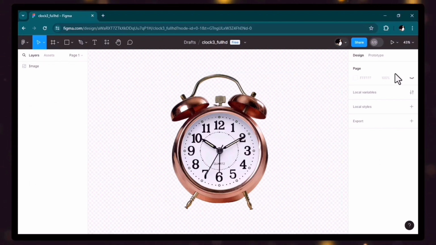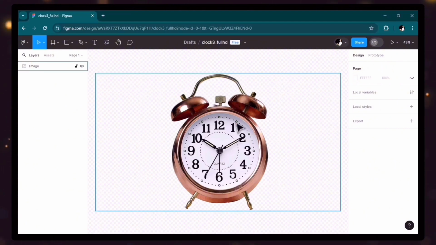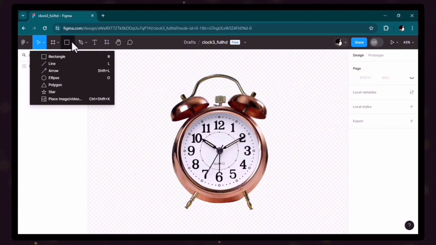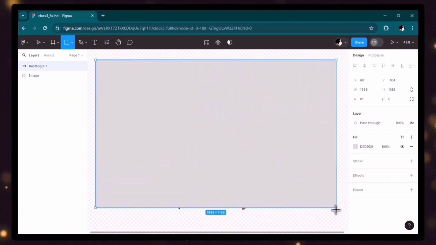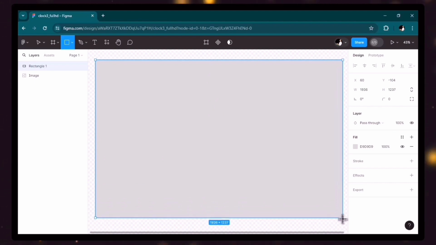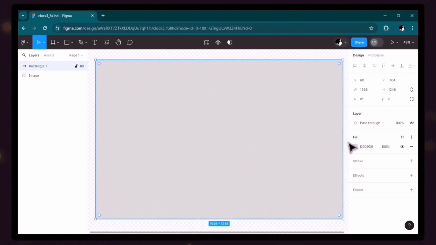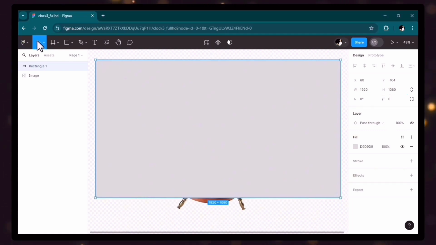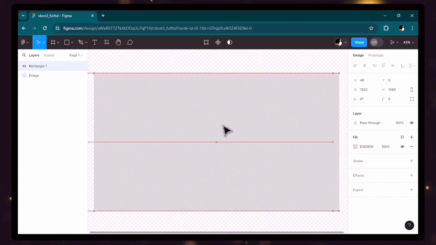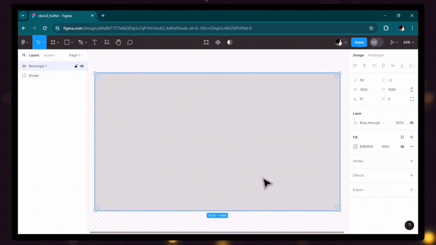Okay, when I open my main image in Figma, the first thing I need to do is to draw a rectangle. To change its size, I need to change the width and height. So click here, 1920 and 1080. Click enter. Now, as I've selected the move tool here, I can hold it and drag it to completely cover my main